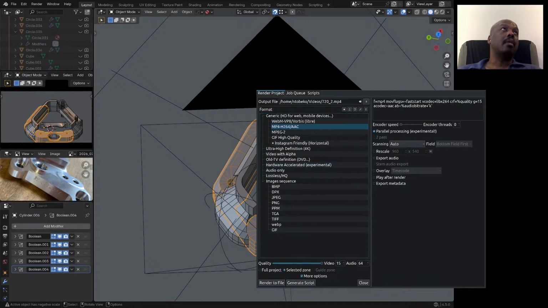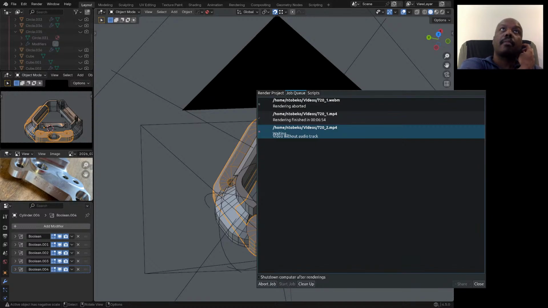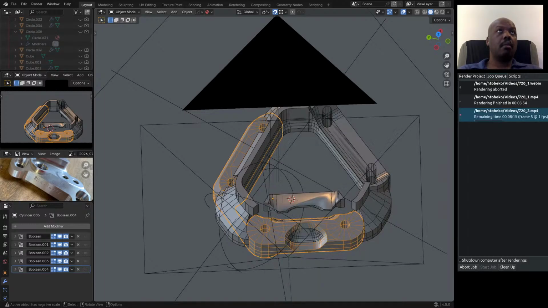But you know what? It still does a good job, decent enough job. I just need more memory. So I'm gonna hit render on this. And we can